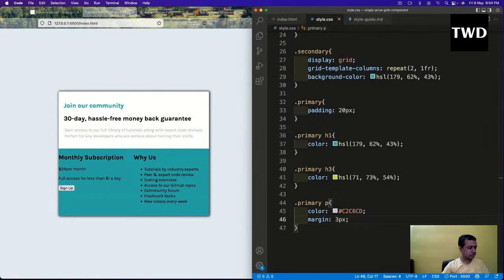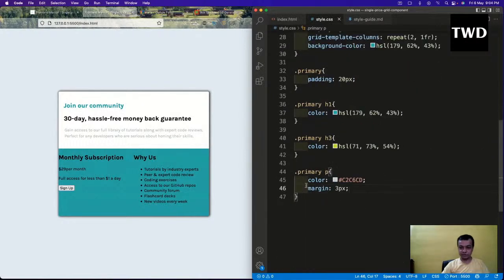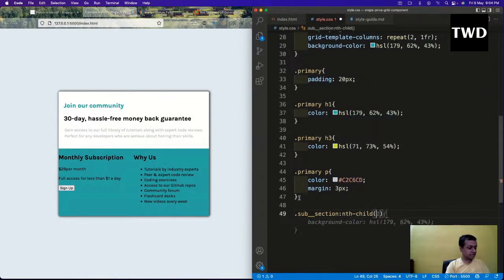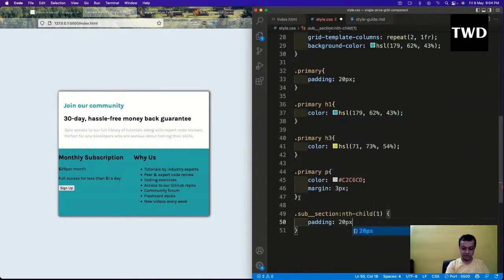Now the next thing which we are going to do is the bottom part. Okay, before this, another thing. These two things are known as subsection. So I'll do dot subsection nth child 1, child 1 I have to do. Then again the first thing which I'm going to do is the padding of 20 pixel